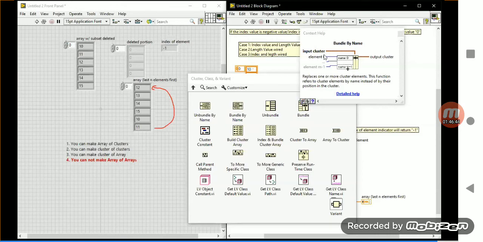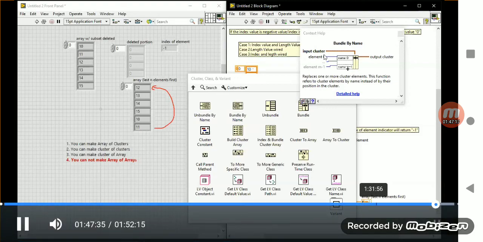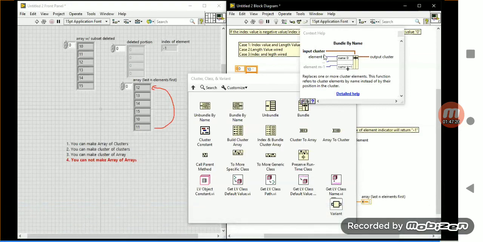Unbundle by name, bundle by name, unbundle function, bundle function. Kindly practice the four functions. If you want a program for these functions, you can check out the video also, because we discuss the same thing, but you have to understand the behavior: what is unbundle and how it unbundles, what is unbundle by name. The help window is very important because we may expect some theory questions also on arrays and clusters. That's why kindly practice the array functions, build array and initialize array, apart from all the functions.